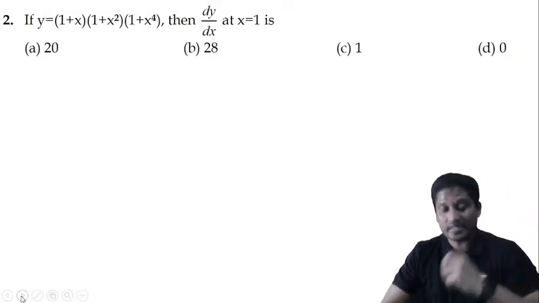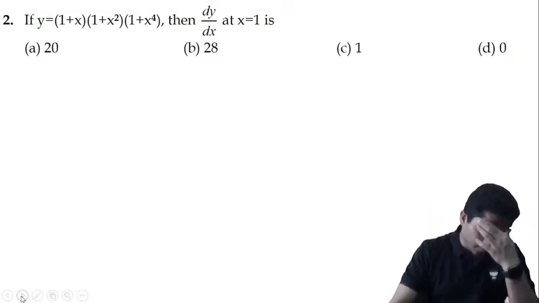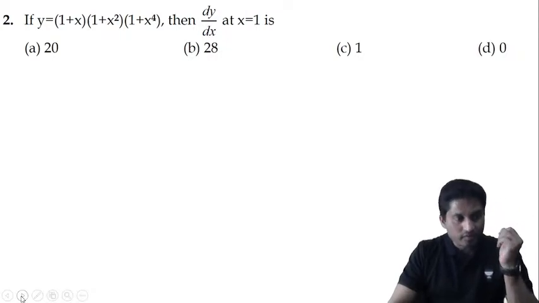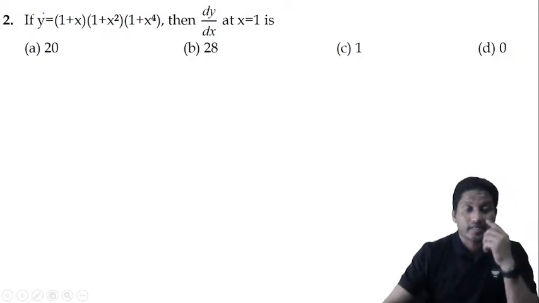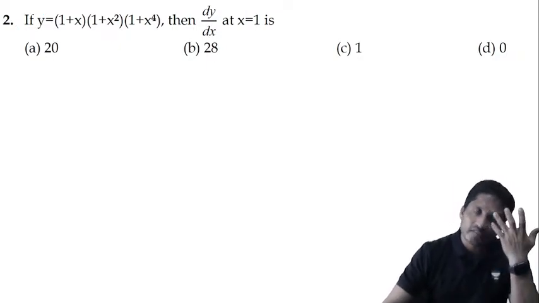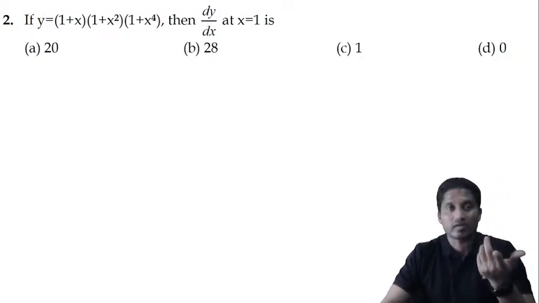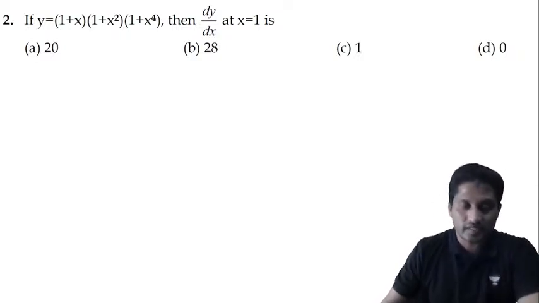The y is equal to 1 plus x into 1 plus x square into 1 plus x power 4. I'm supposed to find out what is dy by dx at x is equal to 1. See, there are two ways: you differentiate directly and take the value, or you take log on both the sides and do it. Let's say I take log